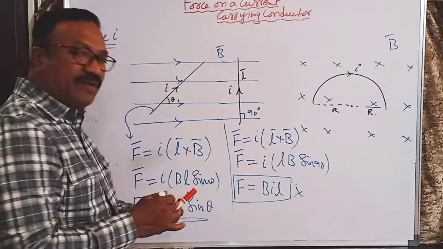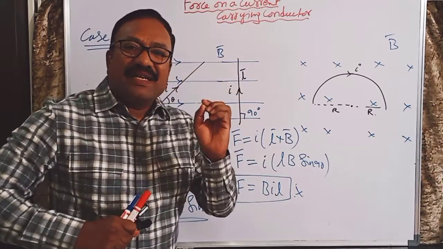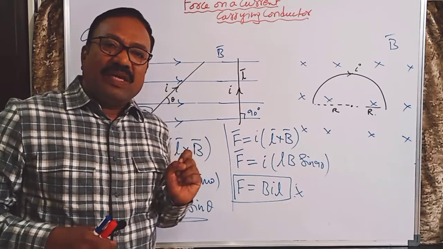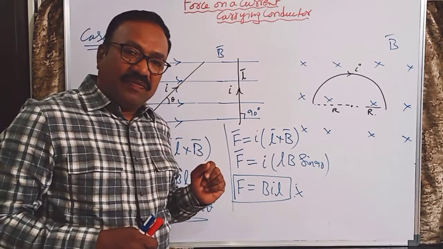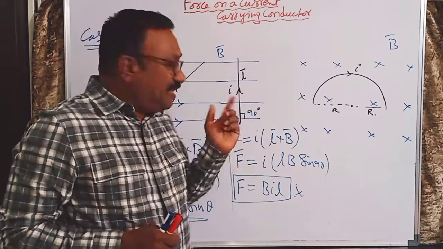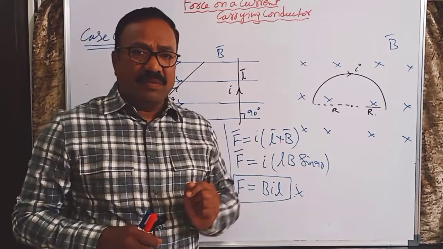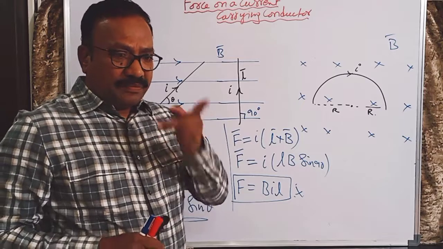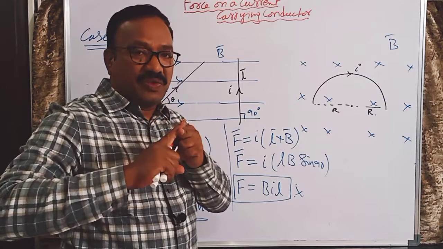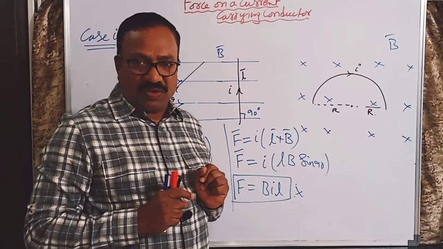Here one important point I have to tell you: I can apply Fleming's left hand rule here. You know the direction of current is nothing but the direction of conventional positive charge, isn't it? Do you remember we applied Fleming's left hand rule for the charged particle moving in a magnetic field? If positive charge is flowing like this inside the wire, then the force acting on that positive charge is nothing but the force acting on the conductor. So I can apply Fleming's left hand rule. You know how to apply. These two, this is the magnetic field. This is the direction of the velocity of a positive charge, that means I can take the direction of current.